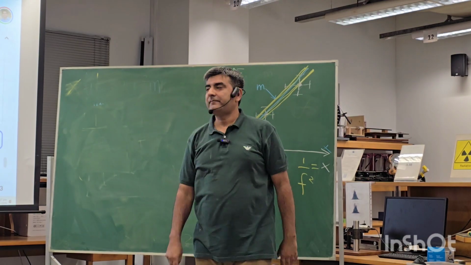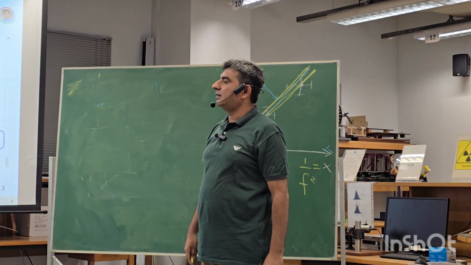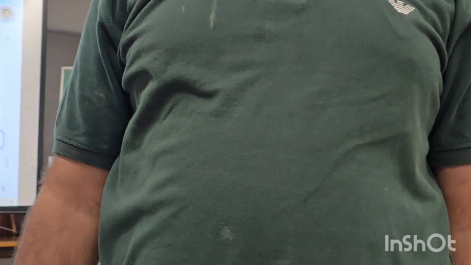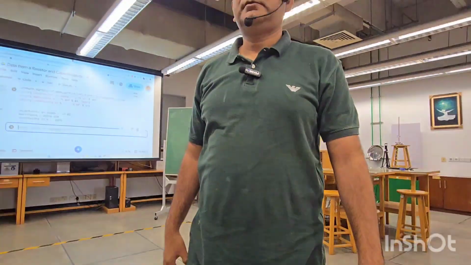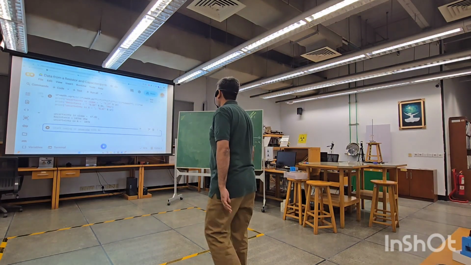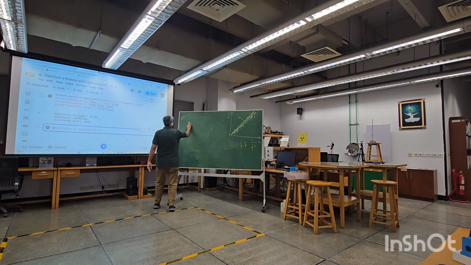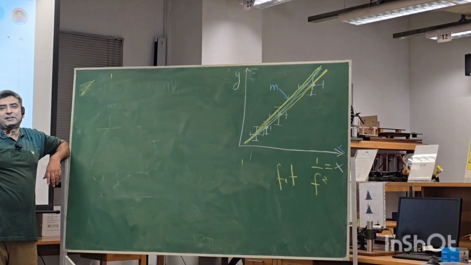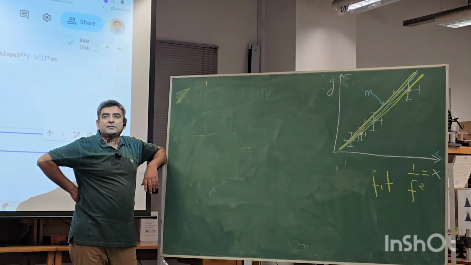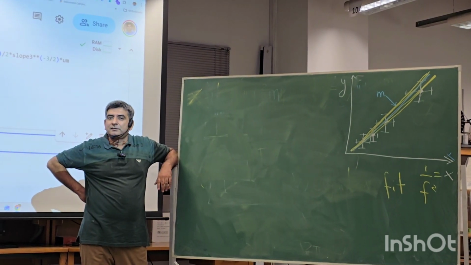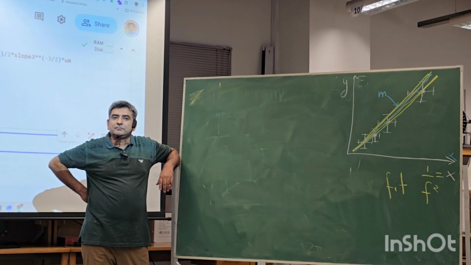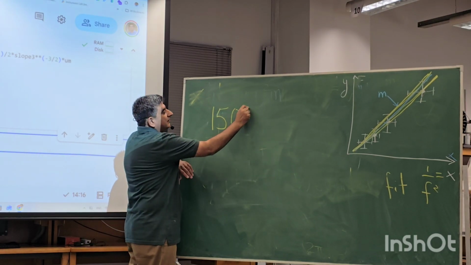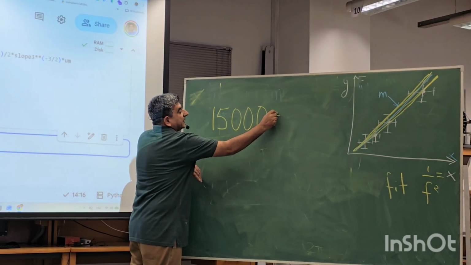Yes, keep the uncertainty to 1 or 2, okay then. So tell me, what should I write? What's my best estimate for the resistance? 15,000 plus minus